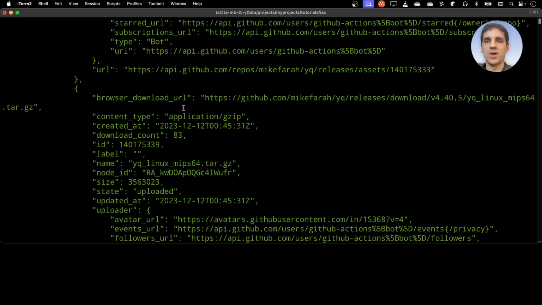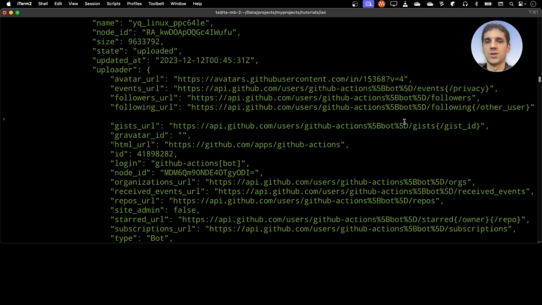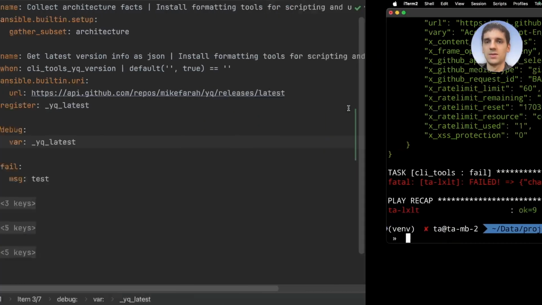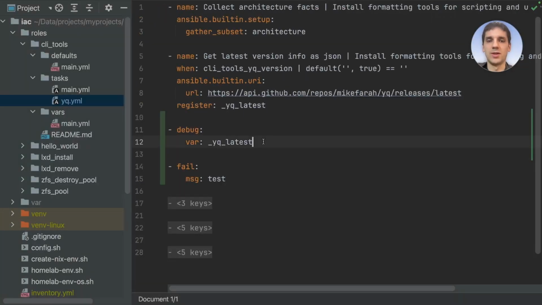For example, this browser download URL, which contains the version number of the latest release, and it also contains the name of the release file. We don't want to use this. We will have another field in this JSON. So let's just go back. Now I want to change this variable here